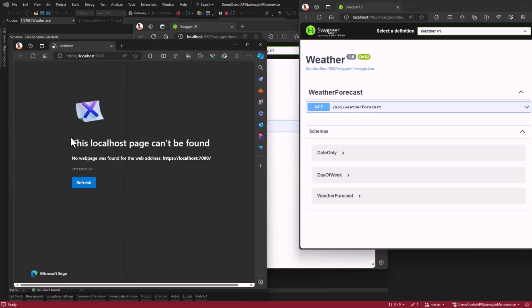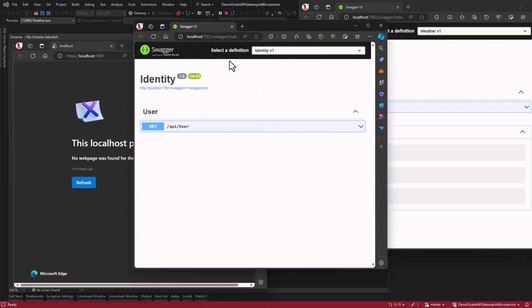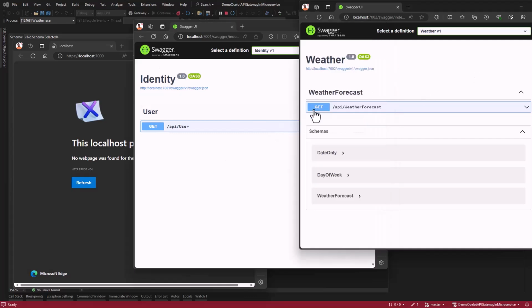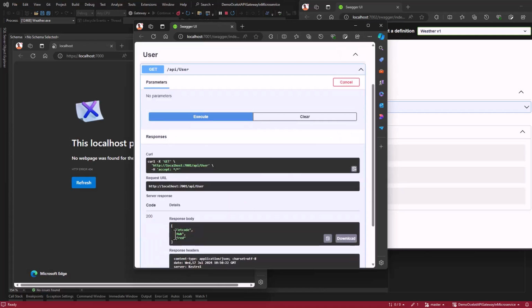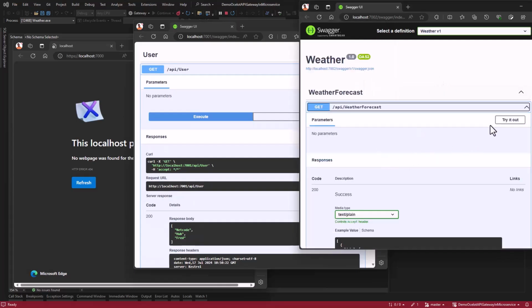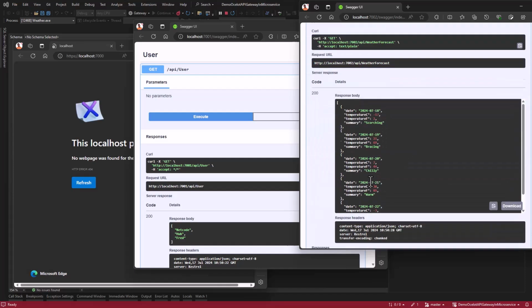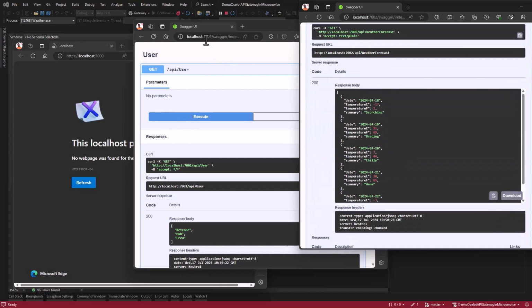So this is our gateway. Since we did not map controllers, we are not seeing any view. We don't have Swagger as well. So this is what we have for our gateway. And now when you go to the next one, you can see we have our identity endpoint, and you can see we have our weather controller as well. Now if I click on this, it returns a list of users, and that is what you have in here. And this can also return a list of weather forecasts, but we don't want this to happen. Here we are having direct access with the port of 7001, and this also with the port of 7002.